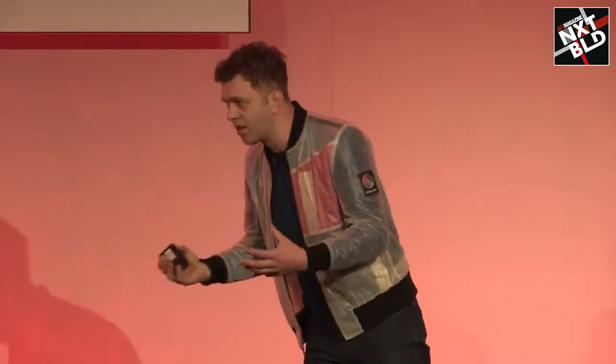We are not going to 3D print a pressurized system. I've worked in the past on large-scale 3D printing projects, and I know how difficult it is to really create something with high tolerances. So what we decided is a double system. We have a 3D printed shell structure, which is 3D printed in situ, and inside we bring in these almost pop-up tents, which are manufactured on Earth with high